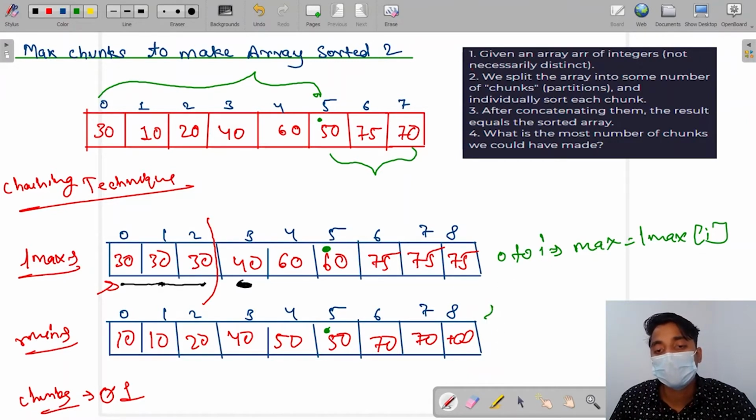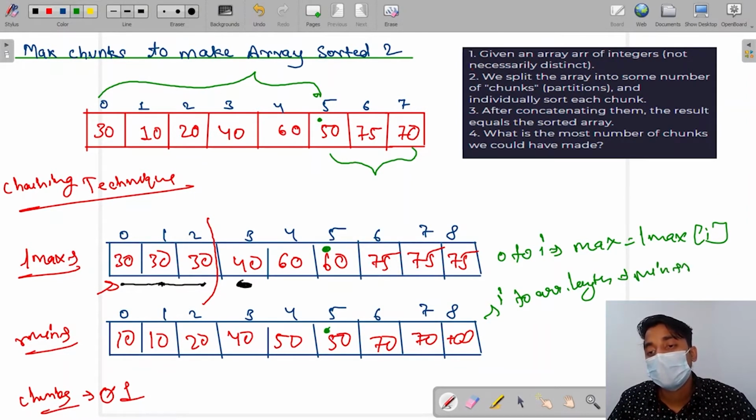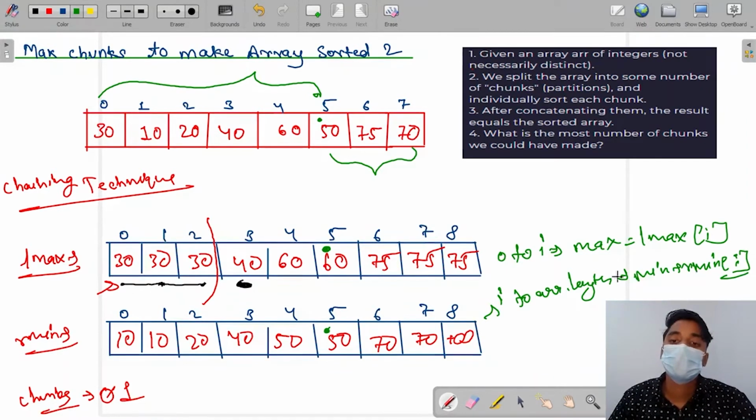So this is giving us from I to array length the minimum value at rmin index I. So by using this max and minimum value, we will find the range, and we are finding the range by this.